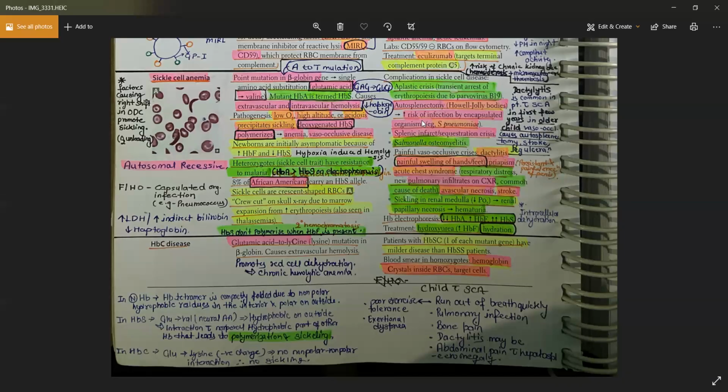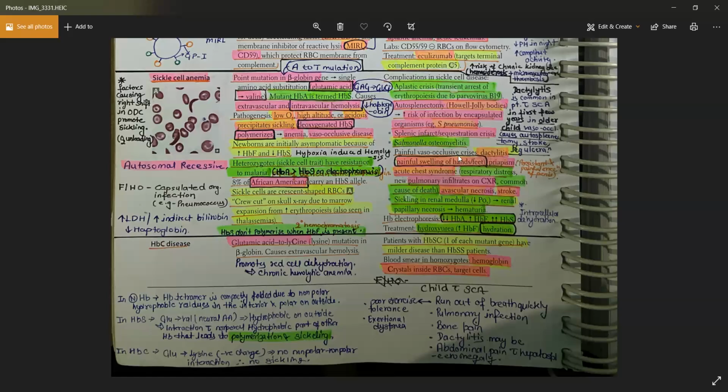Okay, because the spleen is now lost, the patient will be very much prone to infections with the capsulated organisms, most commonly Streptococcus pneumoniae. Others include Neisseria meningitidis or Haemophilus influenzae. So there is an increased risk of infections with the capsulated organisms, right? And yeah, the patient can also have the splenic infarction or the sequestration crisis, in which you have a lot of sequestration of these sickle cells, right? So the red pulp can expand, and the patient can even get splenomegaly, right? And these patients are very much prone to develop Salmonella osteomyelitis. Remember, normally osteomyelitis is caused by Staphylococcus aureus, but in case of SCA, the patient can have a